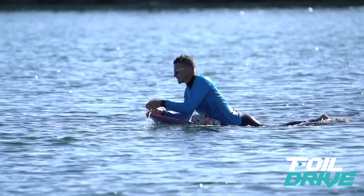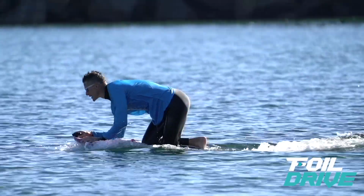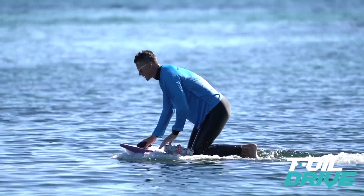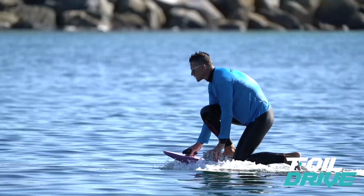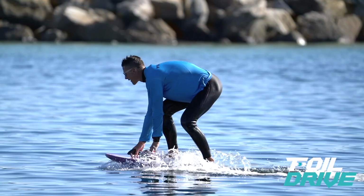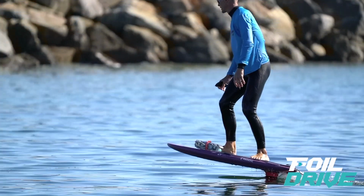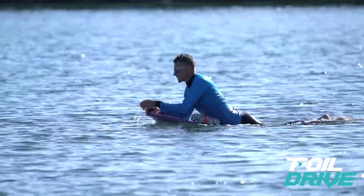I'm pulling myself up onto the front of the board as I start to accelerate. Bring my knees up, I'm still pushing down on the nose of the board. You can see clearly I've got my body weight forward. And as I'm beginning to stand up, again keeping my weight forwards to keep the nose down. If the tail sinks at this stage, then I'm just going to create drag and I won't get up on foil. So I'll just play the same clip one last time at full speed,